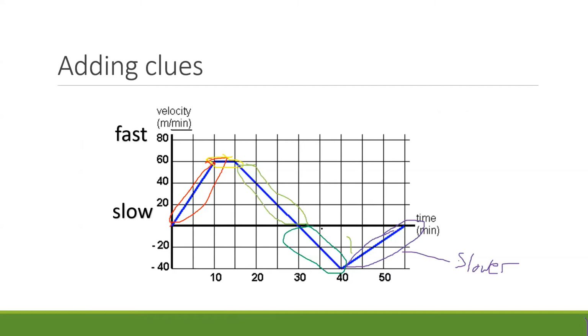Even then, I don't really fully grasp them, or I do grasp them, but I can't look at a velocity time graph and I will probably make mistakes, but that's how you can think about it. This is why I always put clues in myself, these fast and slow clues, because it helps me go, okay, if I'm in this line, I'm going from very fast to very slow, but I haven't changed directions yet because I haven't crossed the x-axis yet. So I'm just slowing down.